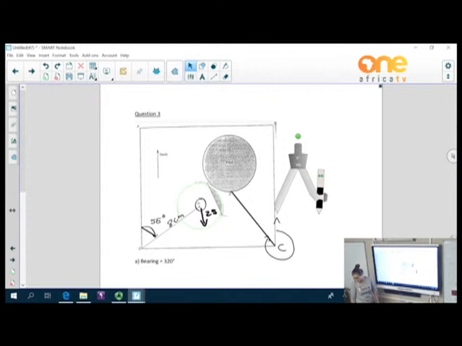Then you have to draw the locus of points equidistant from M and P. So you will need to draw, mine is there at the top, here at the bottom, and get your line through your construction lines that crosses, and your treasure is hidden less than 25 meters from M but nearer to P than M, and there we have our